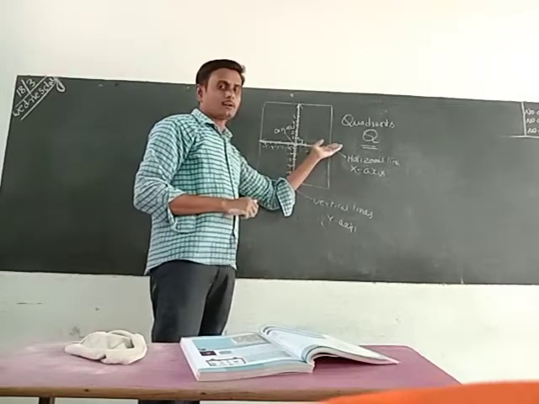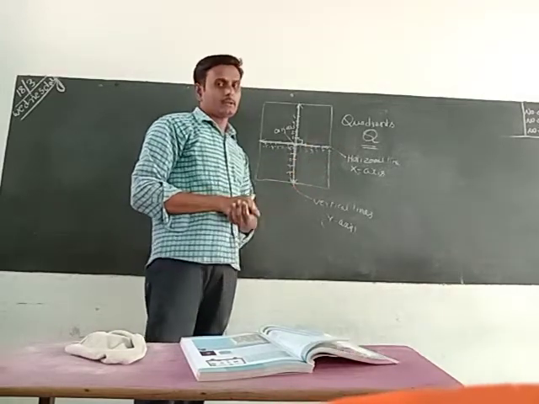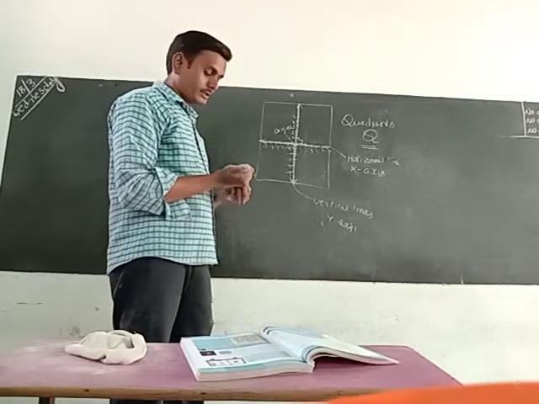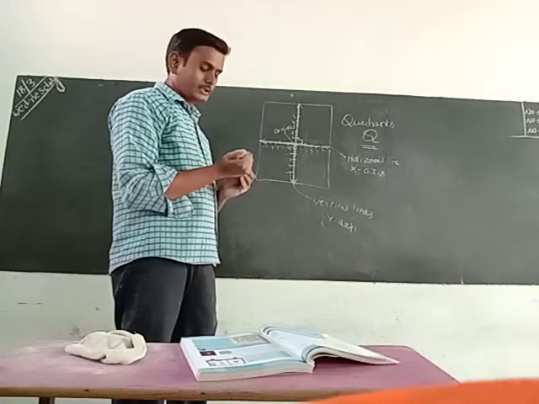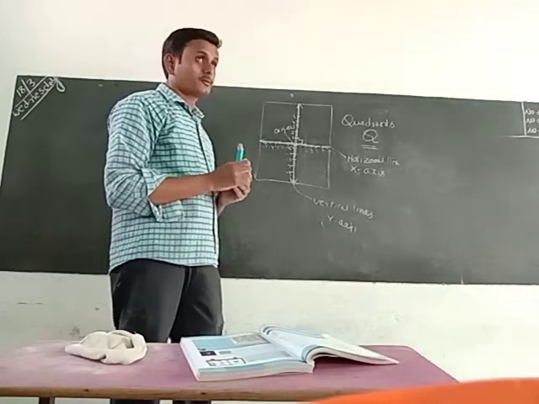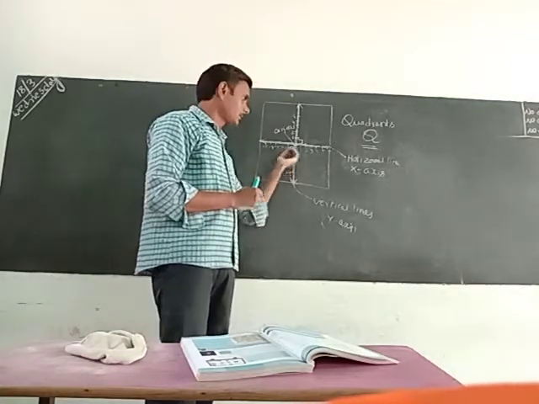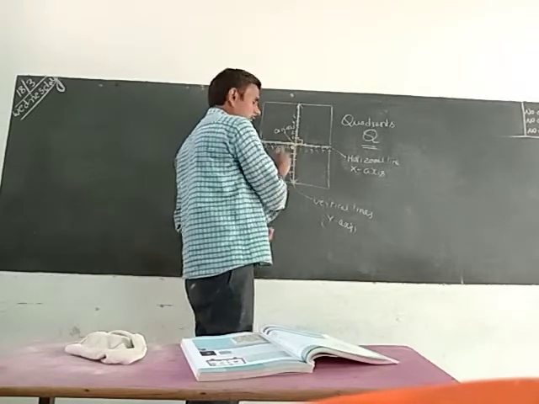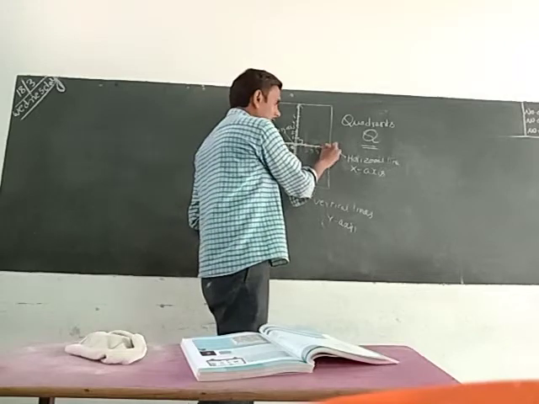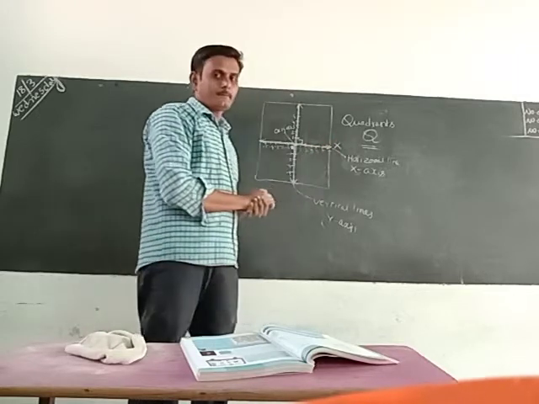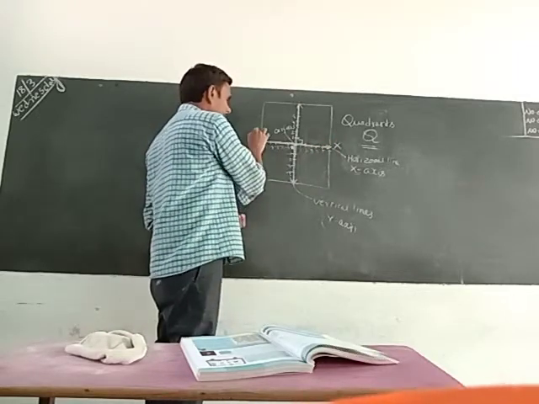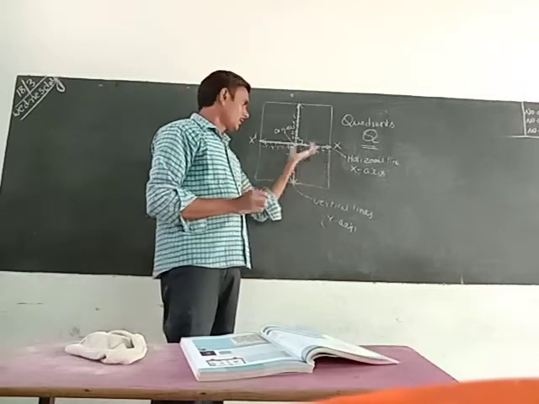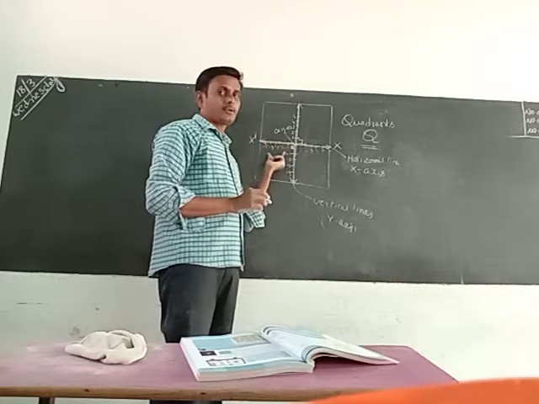A horizontal line is called the x-axis, a vertical line is called the y-axis. To show which direction has positive numbers, and to differentiate negative numbers from positive numbers, I will take the letter O here. This side we can take X. This side we can take X power 1. That means OX has the positive numbers, OX power 1 has the negative numbers.